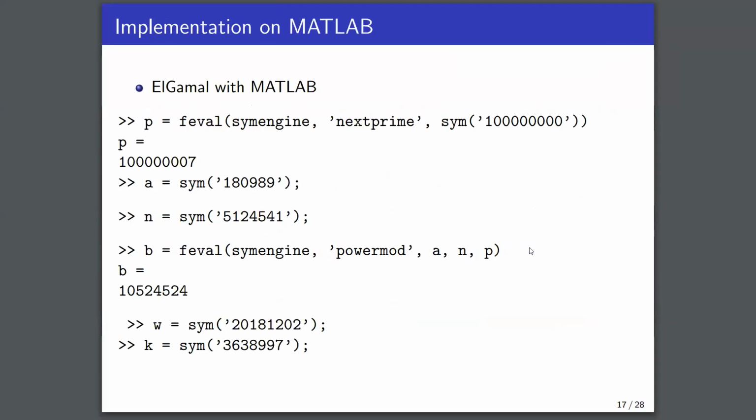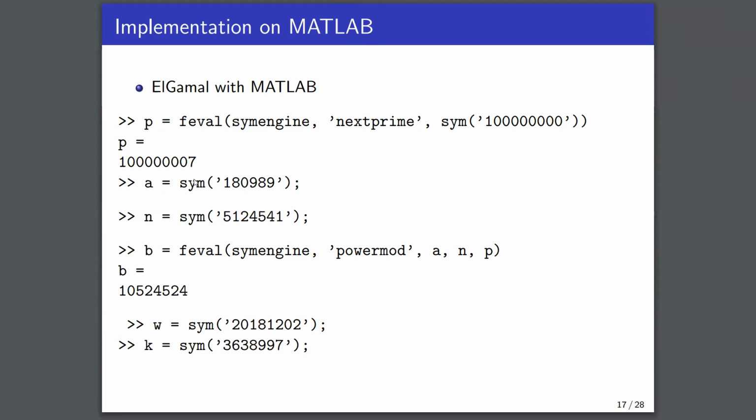So now suppose we want to find this on MATLAB. So here's how we do it on MATLAB. For this, we just use some user-defined functions as well as inbuilt functions. So this function will give us the next prime after this 10 power something. So this is our prime P. And now